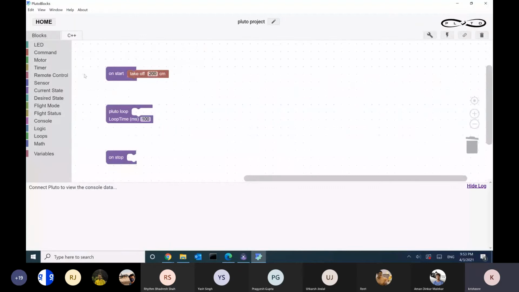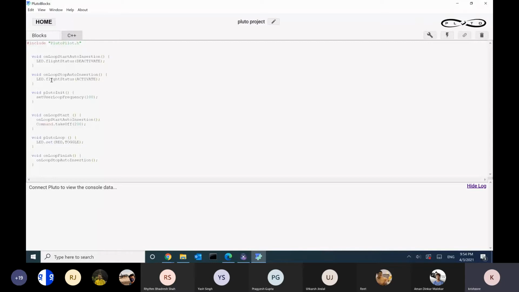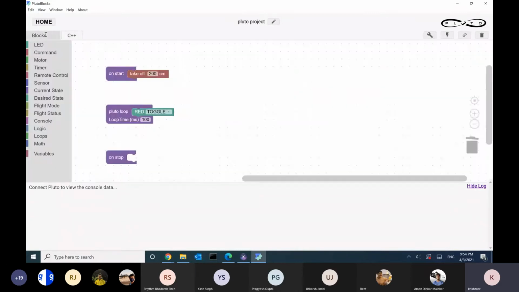Here, one thing is I don't have the function to disable the flight status, but it's been taken care of. You don't have to worry about that controlling. In Cygnus you get small controls for controlling flights. Here inside the Pluto blocks, that has been taken care of for you. For example, when you go to the respective C++, you can check. There are two support functions which get called here and which handle the LED activate and deactivate, so you don't have to write them.